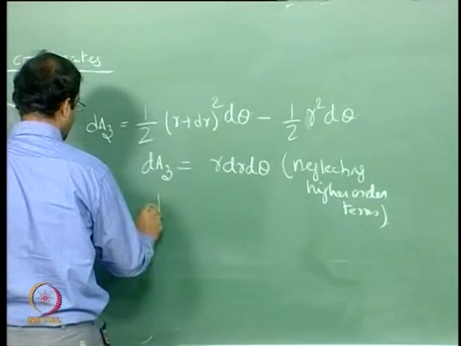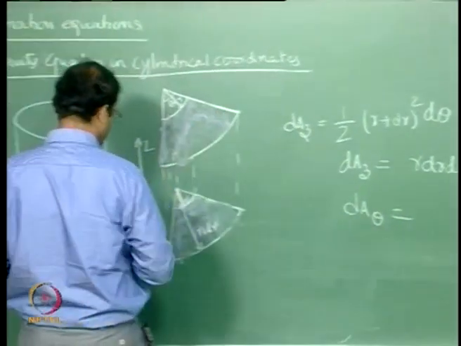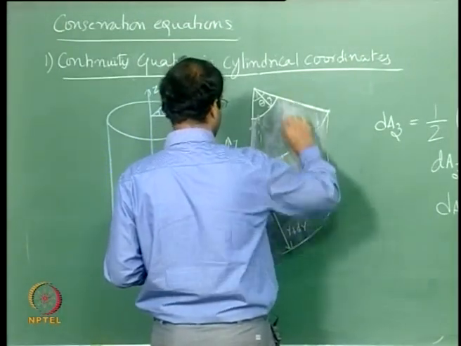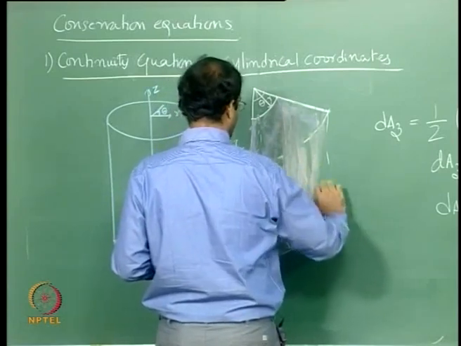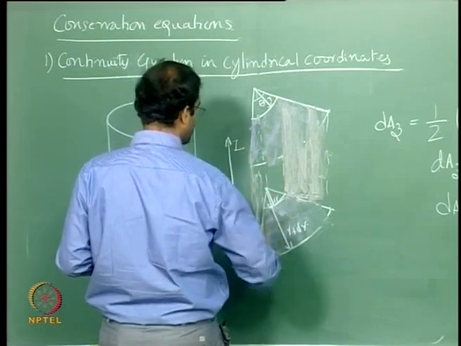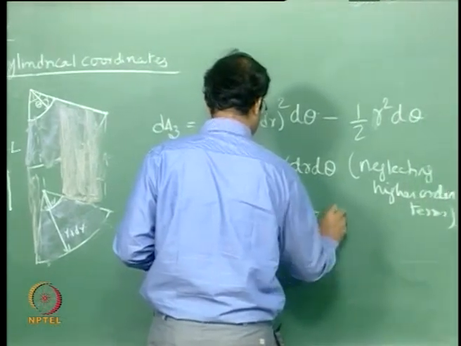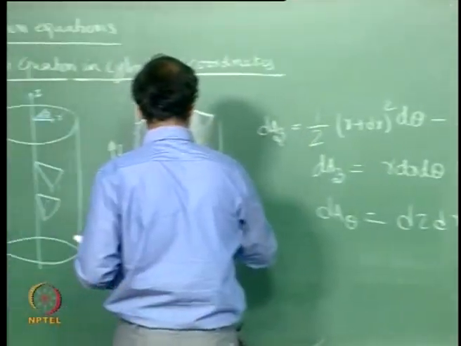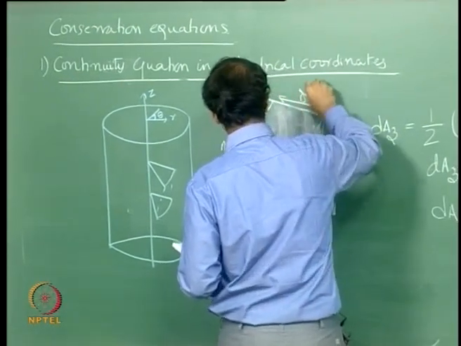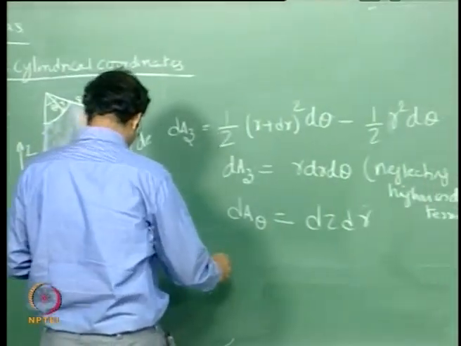And similarly, the variation with respect to the theta direction, that is, the region which is shaded in red. So that is your theta. The one which is left, this is basically this, the other one is this. Therefore in this particular case you can write this as dz into dr, because this is essentially dz and this is basically dr. So this can be written as dz times dr. And finally coming to